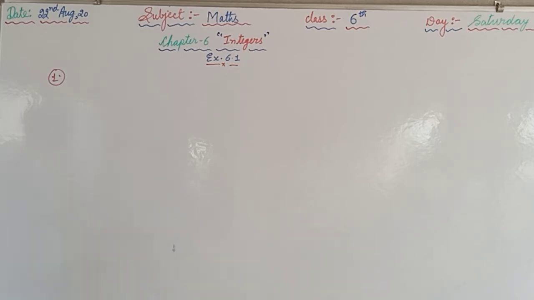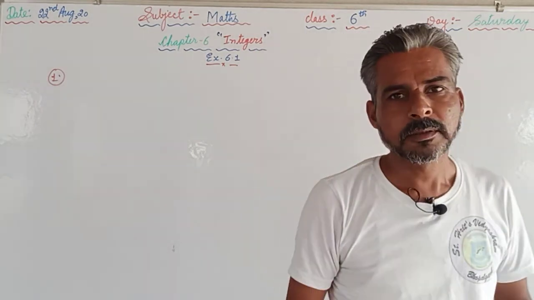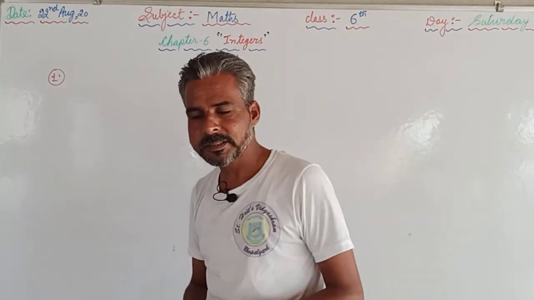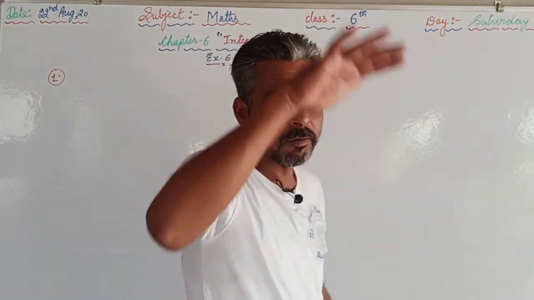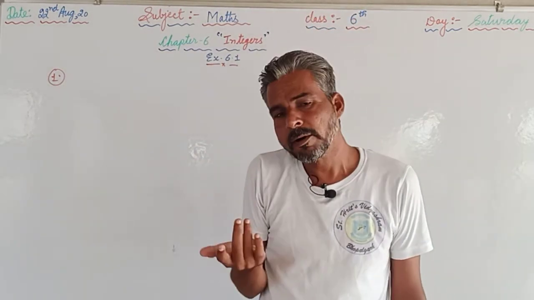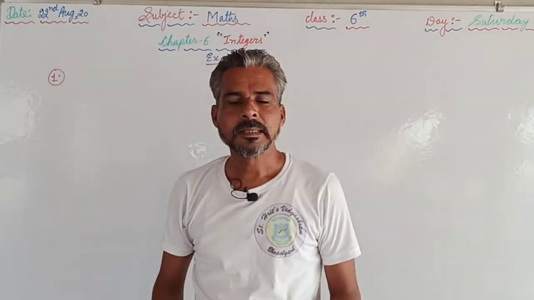Afterwards, a profit of rupees 700. The opposite will be loss, because the opposite of profit is loss. At the same time, the last one is there, 30 meters above the sea level. The opposite of above is below. So we can say 30 meters below the sea level.